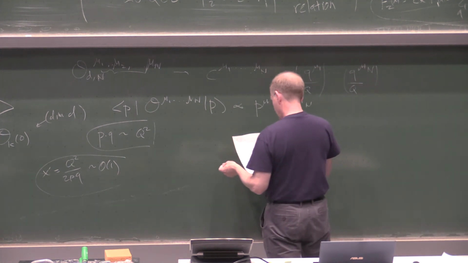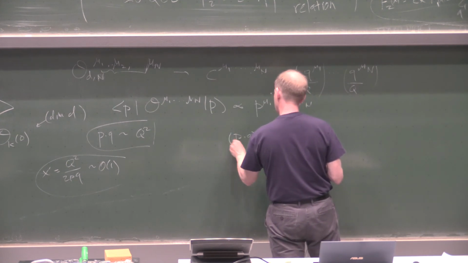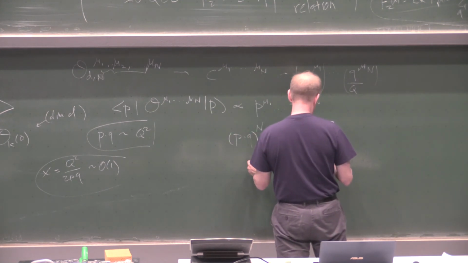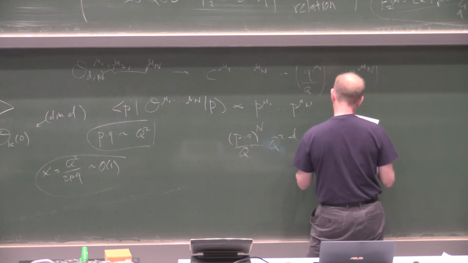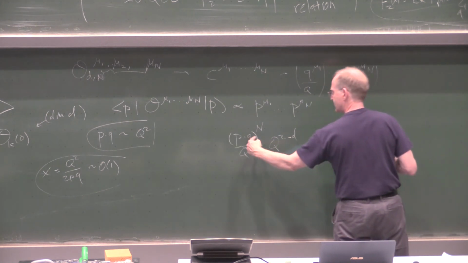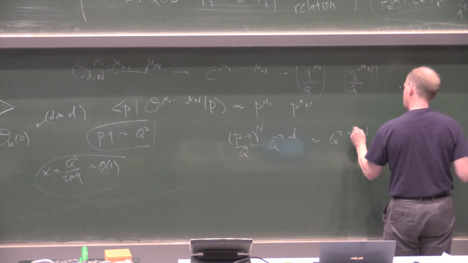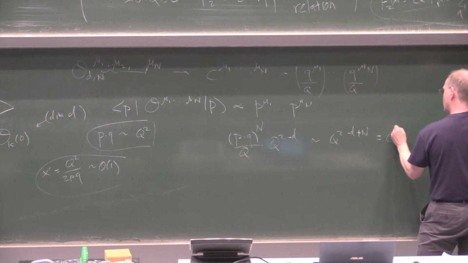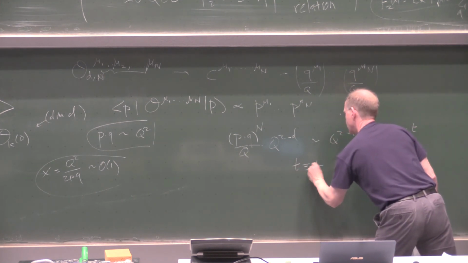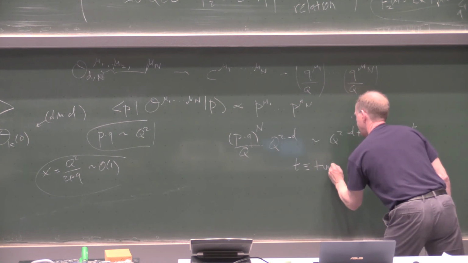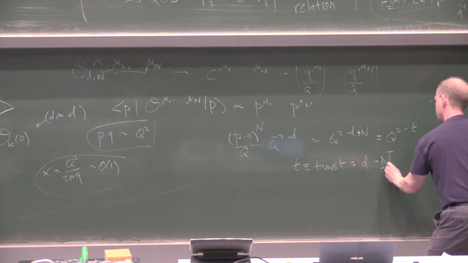So the final contribution to W of one of these operators goes like P dot Q to the n over Q, Q to the 2 minus d, and this gives a Q squared, so it goes like Q to the 2 minus d plus n, which is often rewritten as Q to the 2 minus t, where t is called the twist,